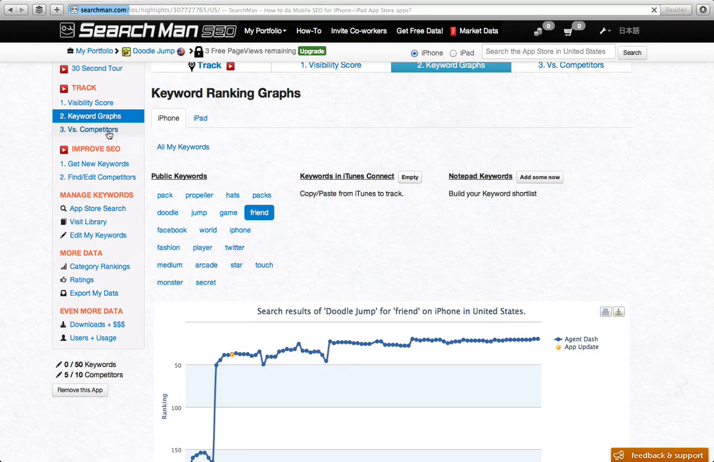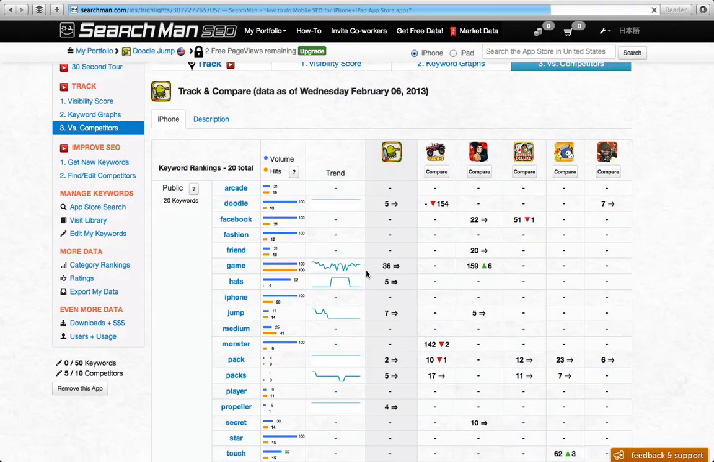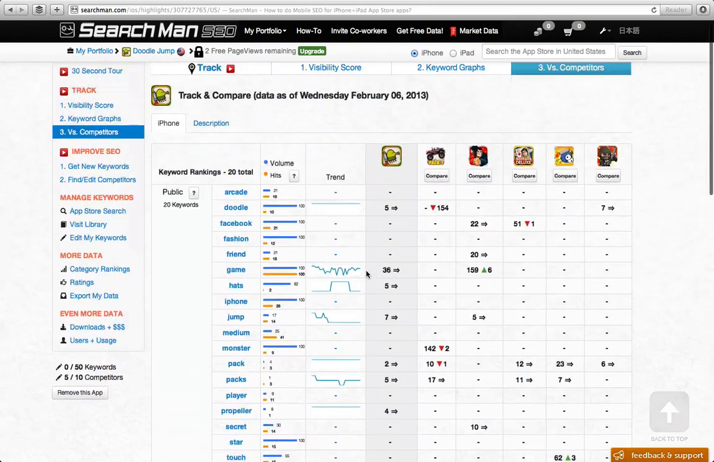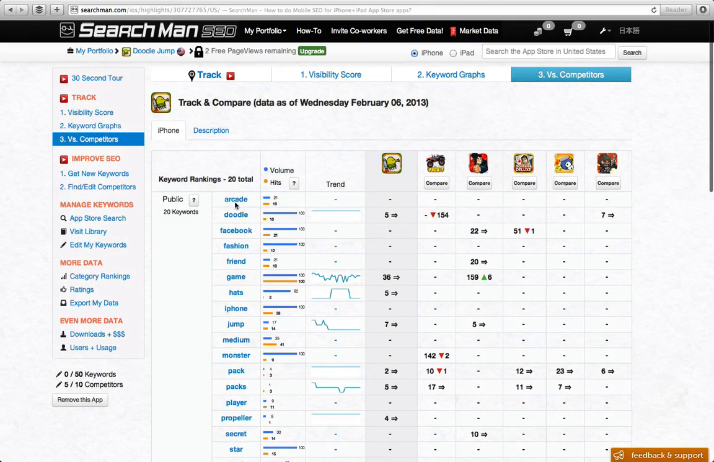If we go to versus competitors, now you can see a little bit more information. These are your public keywords, so it's telling you, let's say doodle. It's telling you the doodle jump, of course, is ranked 5 and it's still holding that spot today. This game, which I don't know what it is, that's one thing I don't like about Searchman, is I would love to be able to just hover an icon of a game and it would tell me what game that is. It's kind of like an annoying